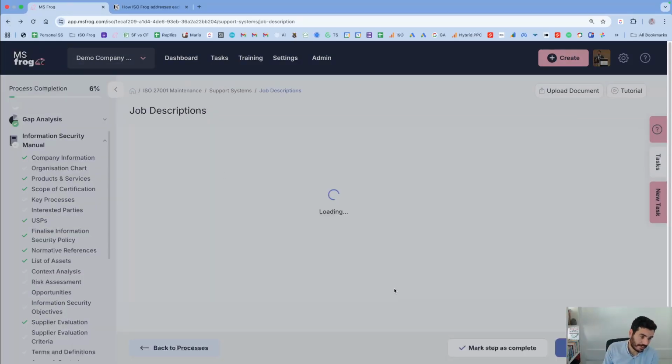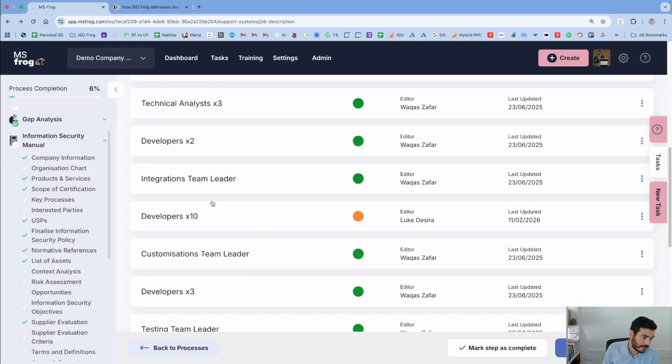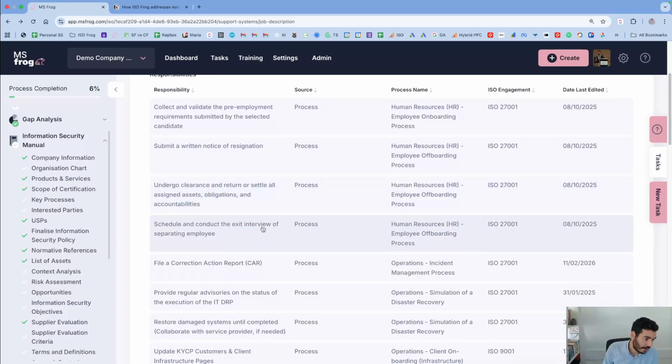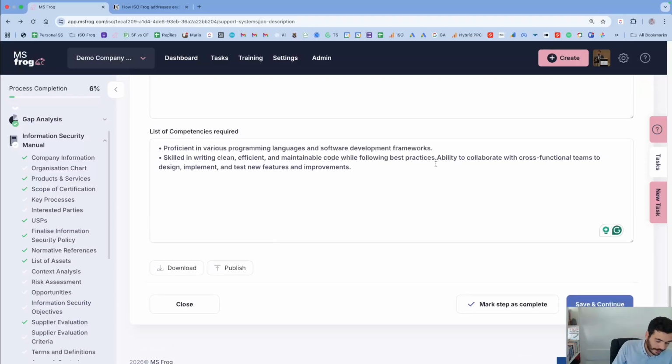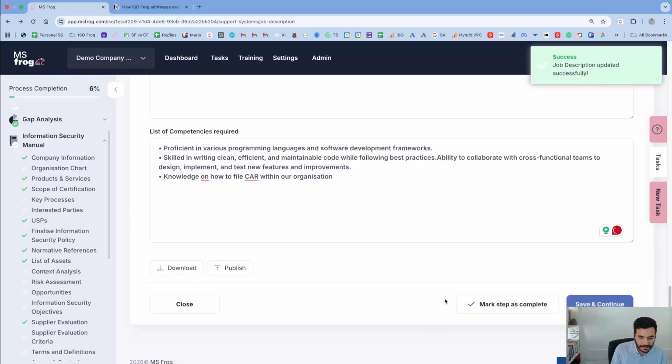So if we notice that a person, in this case the developer, needs to file a corrective action report, then I would include that they have to know how to file a corrective action report within our organization. Okay, so if they don't know how to do it, we would be able to train them to do that particular activity.